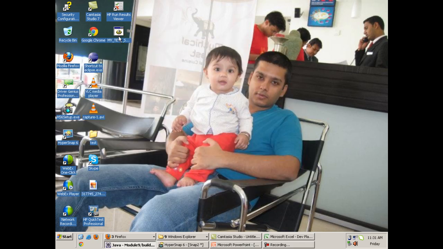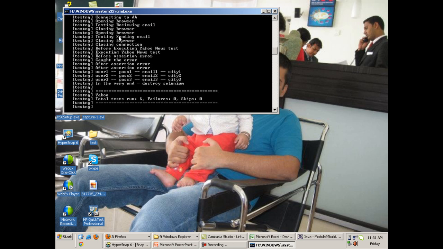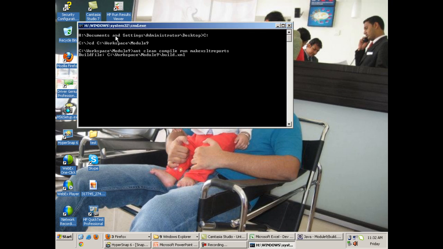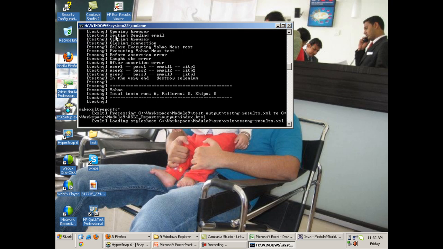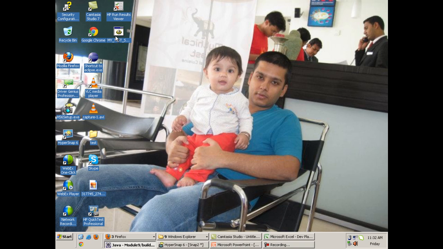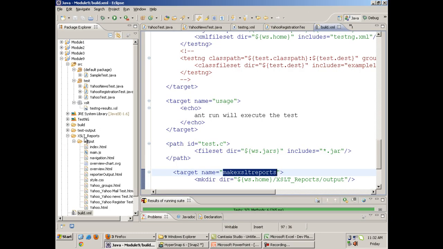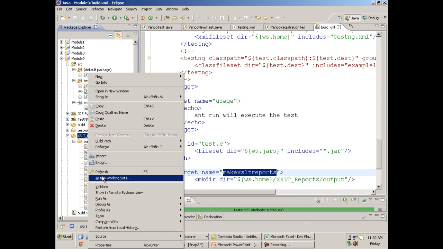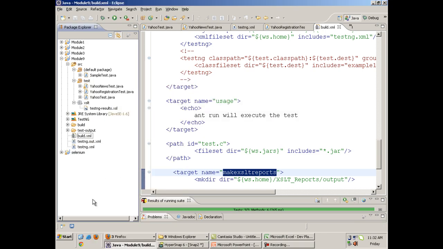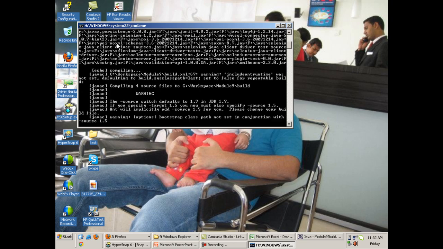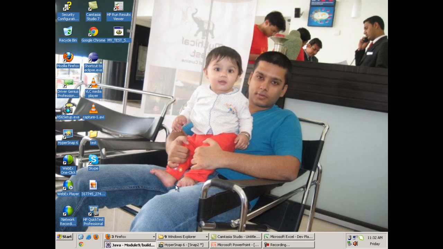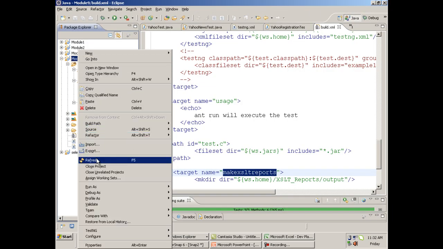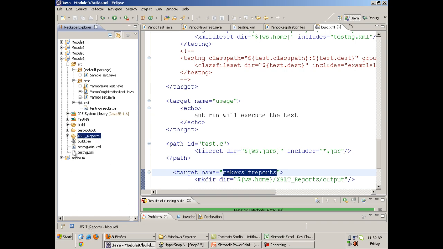Okay, now when I run this, you see that it is running. It is running all the test cases. It is over. Okay, it was very fast. I'll run it again, and it will print all the outputs and everything. And in the end, the reports will also be generated under the same project. Okay, suppose I delete these XSLT reports now. I'm deleting the XSLT reports from my project, and I run the bat file again. When I run the bat file, it will run all the tests, generate the XSLT reports, and these reports will be present in the project again. When I refresh my project, you see that XSLT reports, they come back, right?